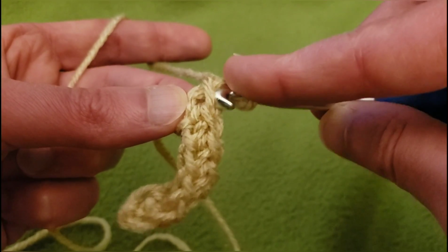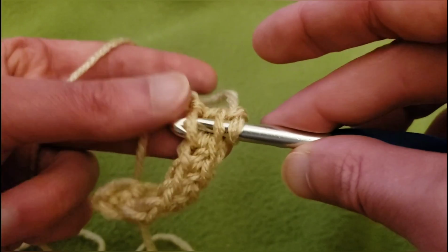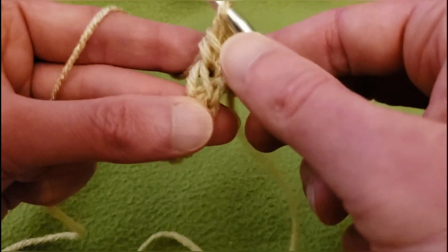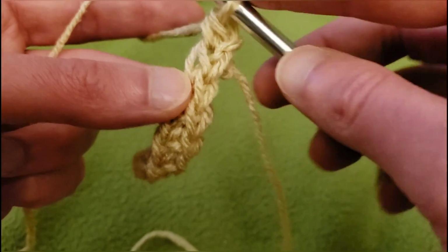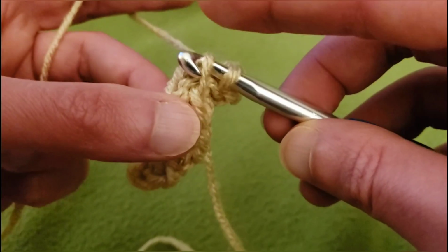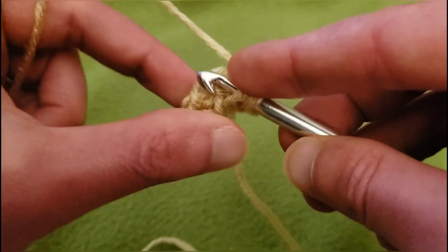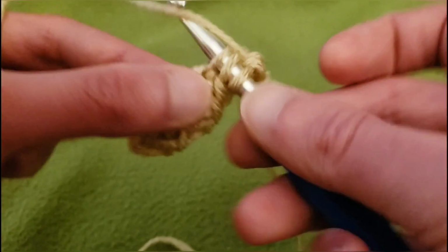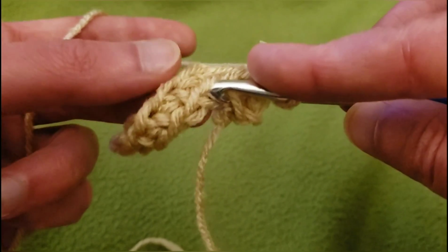So going to go through and through. And pull through 2, and then pull through 2. So then our next stitch is right over here. Okay, so go through, and then directly below into that loop. There we go, like so. Pull through 2, pull through 2, and then the next 2, these 2,